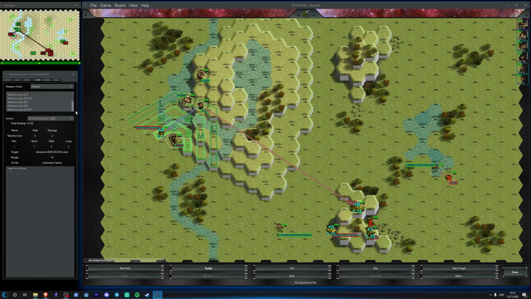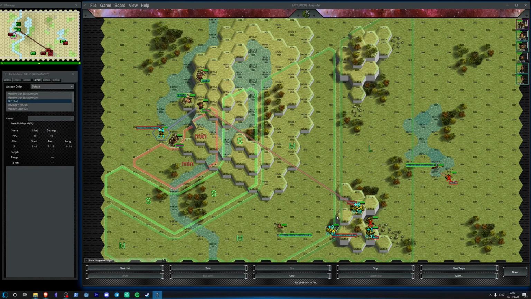Now, he does have a rear-facing medium laser. I suppose what we could do is, let's just have a look at that rear-facing medium laser. He would have to twist this direction. And then... So he could fire with this rear-facing medium laser, and he could also shoot the PPC, which is...